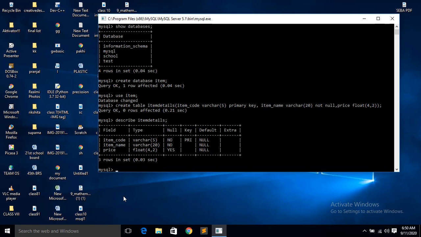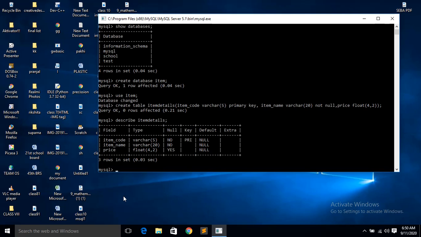You can leave the space empty when you enter the values of the field, so that is why it is yes.